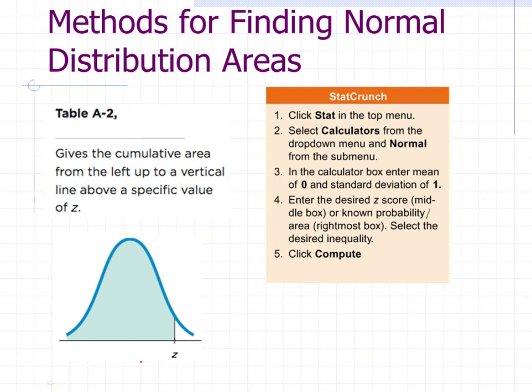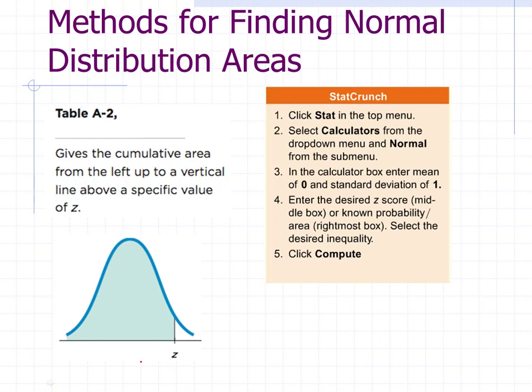I believe in the soft cover book they're also in the back end pages. So that's a place we can find A2, which is on pages 684 and 685. You can see those physical tables, and that's all we had